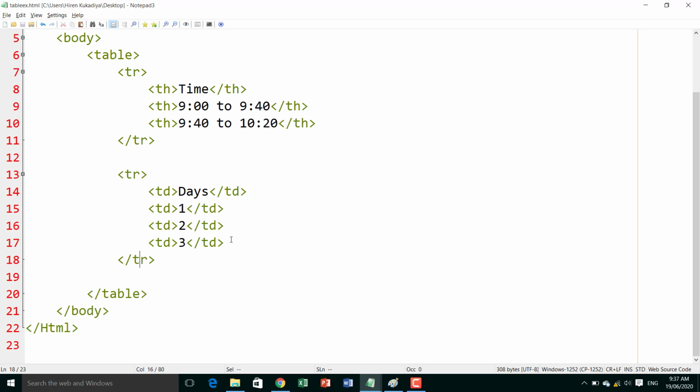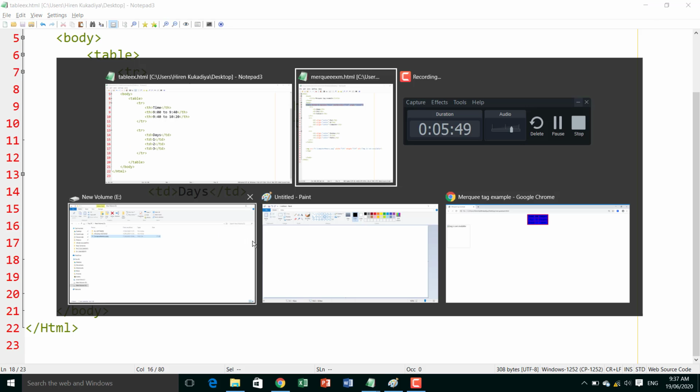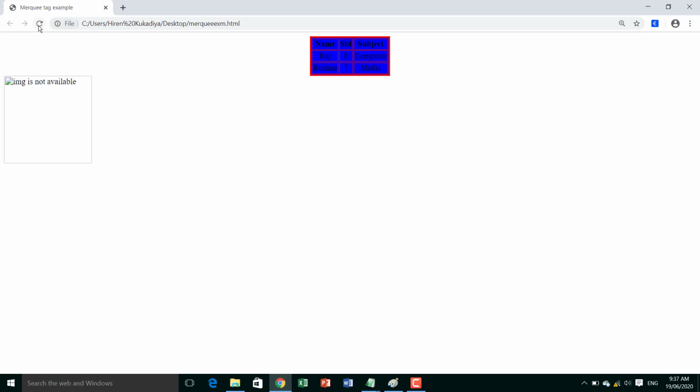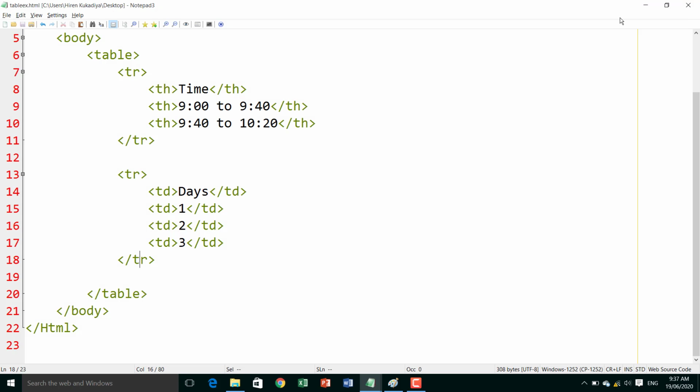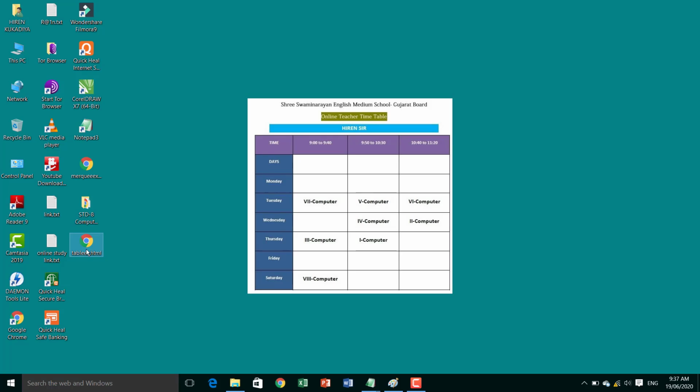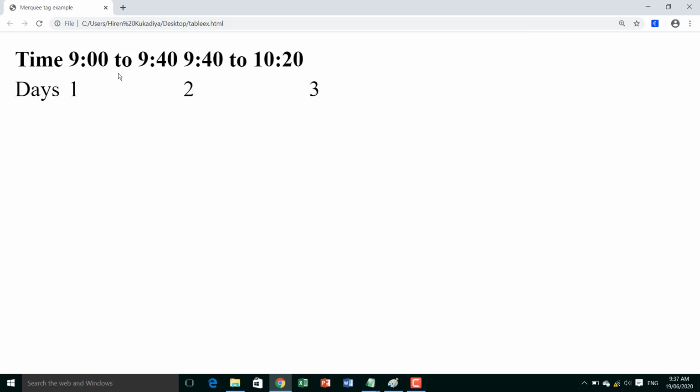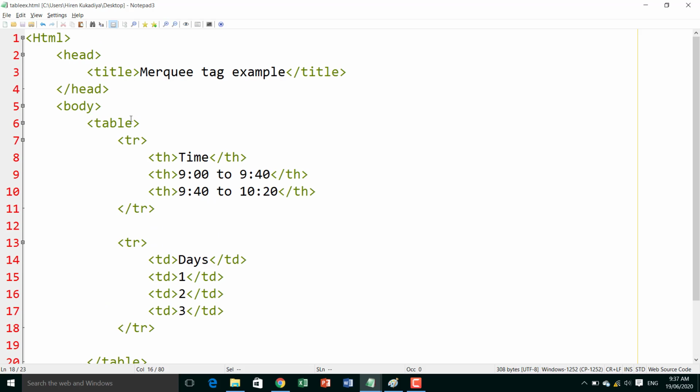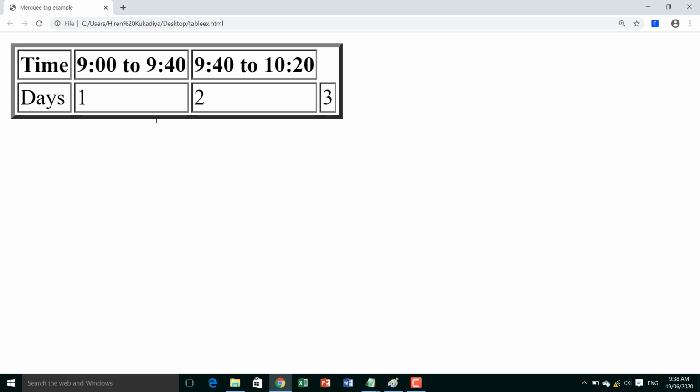Now we will see how the structure of the table will be ready. See here, refresh this. This is not our old program, this is the table tag index. Save here, and you will see the randomly selected data. This is our created table, but this is not in the proper format. So how can we get the proper format? Here in the table we take border equal to 3. We'll see what the difference is.